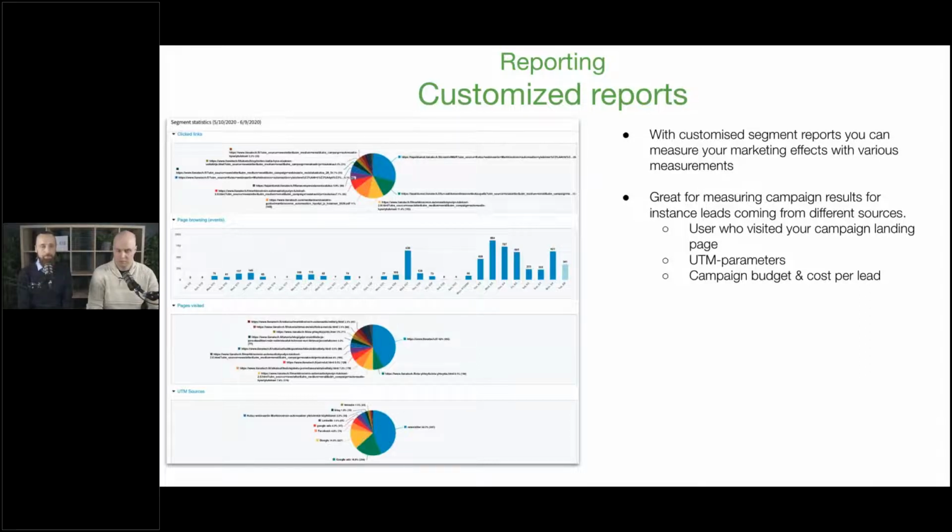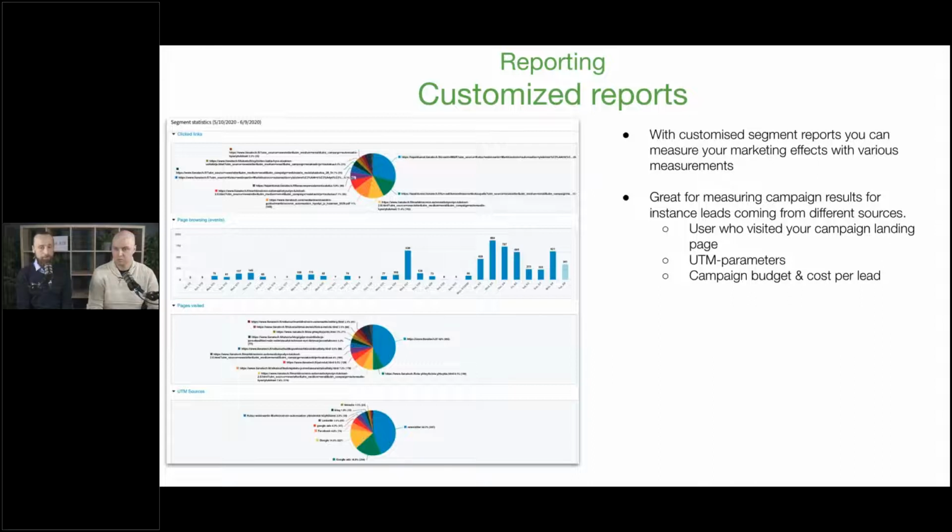In the example of ADP we discussed earlier, they do this with tracking the leads they get from the campaigns. They run a lot of campaigns, and they have different sources.